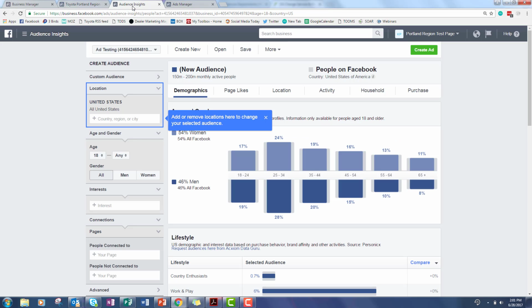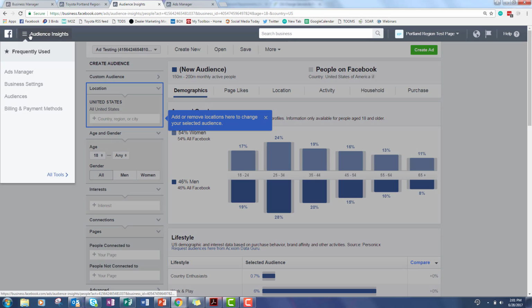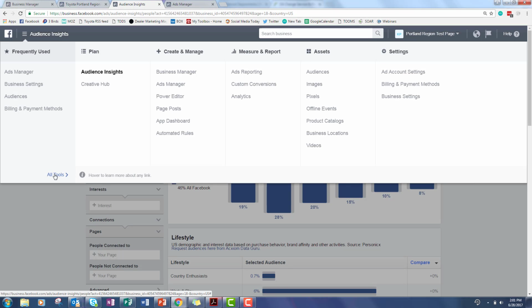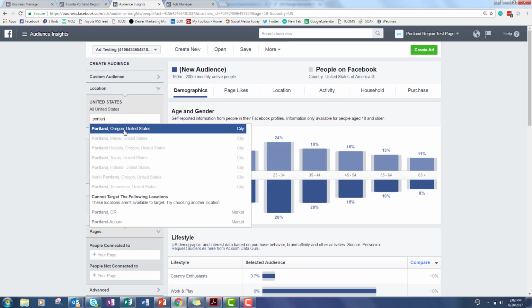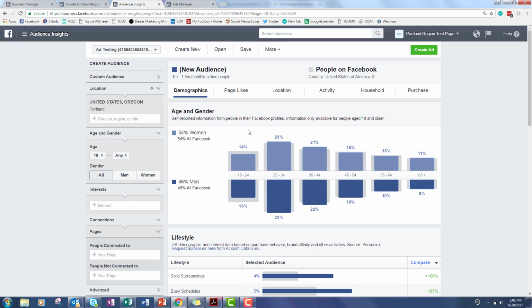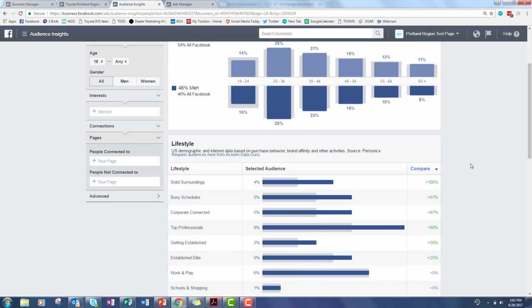So the third thing that I wanted to show you is this page here called Audience Insights. Now, what Audience Insights are is it gathers all the Facebook information from our location. You get here under that same menu to your left, Audience Insights. So this brings up, in the United States, because that's what it defaults to, there's 150 million to 200 million monthly active Facebook users. So I'm going to drill down and I'm going to say Portland, Oregon. So in Portland, there's about 1 to 1.5 million active people. And this really breaks down all the